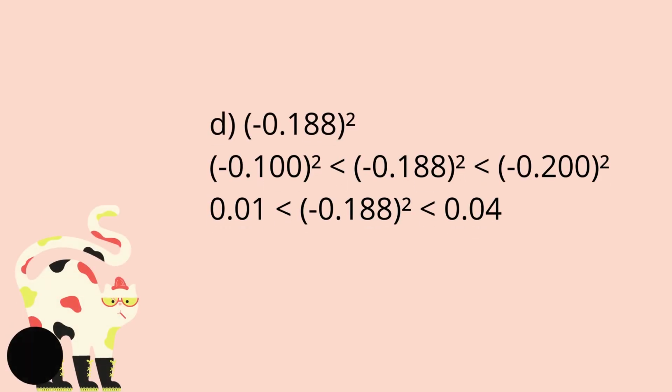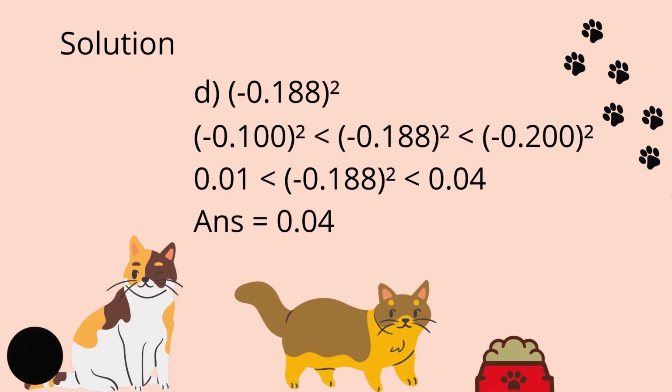Then we find the values: negative 0.1 squared equals 0.01 and negative 0.2 squared equals 0.04. The answer is negative 0.188 squared approximately equals 0.04 because negative 0.188 is closer to negative